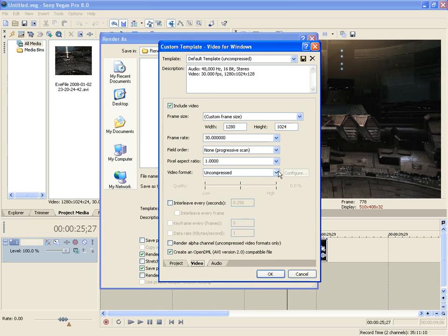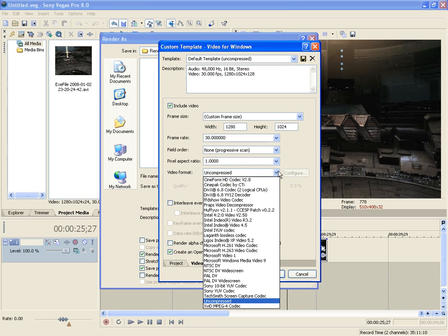Now there is the option, of course, of choosing a different codec other than the one that's been listed there, and I've got lots of codecs on here. You could use Huffyuv, you could use Lagarith or whatever that is, a lossless codec, which is a very nice codec, as is Huffyuv, and there's all these other ones here. But if you just want to be safe, and not really worried about the size of it without any further compression, which is what I would personally recommend, unless you come across some kind of issue or problem,